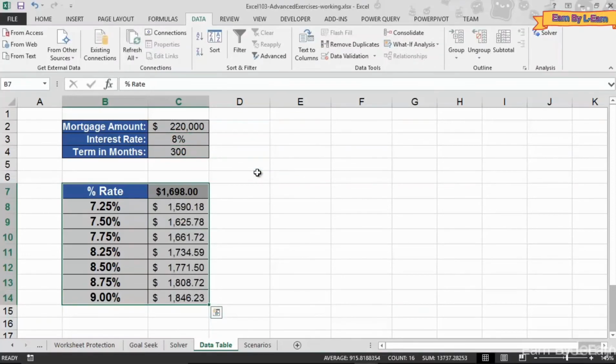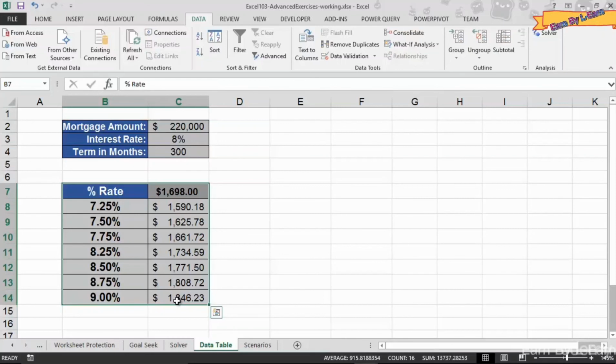I'm done. Excel has taken my simple little table, that list of alternatives and that formula, and through a little bit of input of my own, telling it, hey, we're going to take this set of column values and input it into that C3 cell, it calculates all the alternatives for us. Really simple. Anytime you've got a set of what-ifs, hey, what if I put this value in there? What if I put this value in there? What if I put this one or this one or this one? We can build a simple table and list out these alternatives and have Excel calculate all of those alternatives